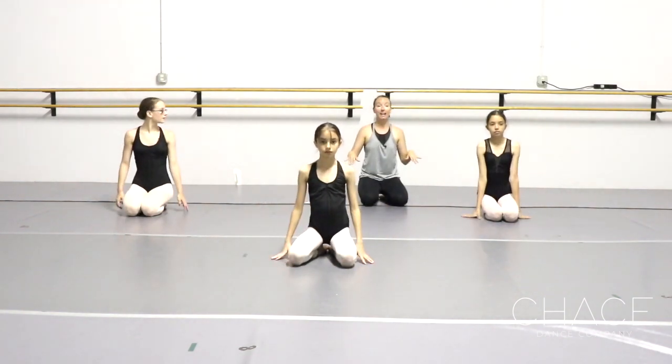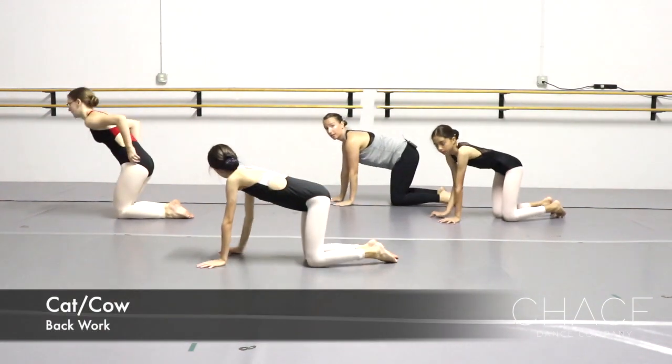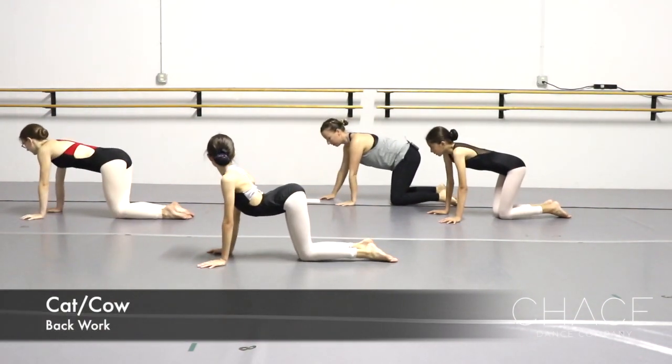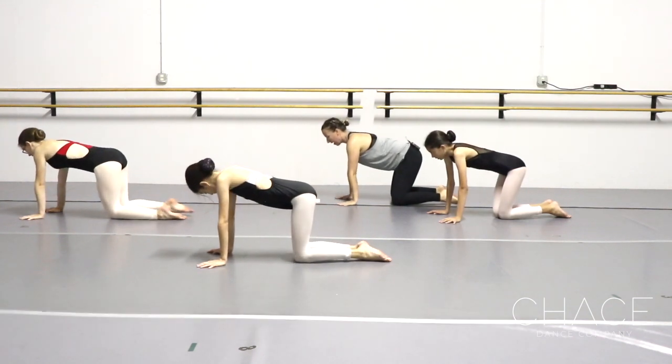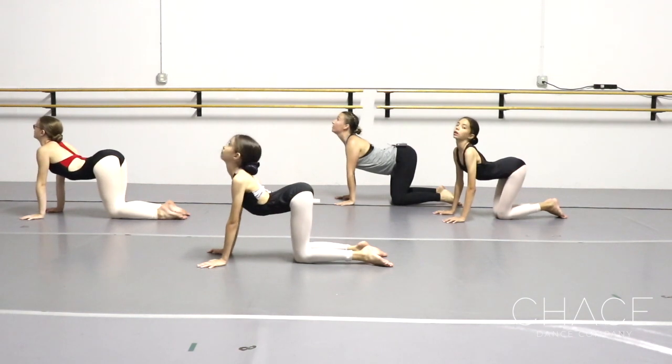Let's go ahead and go into cat and cow. So we're all going to face this way. Good. We're going to arch and we're going to curl. Ready? 4 times. 5, 6, 7, and arch. 1, 2, 3,